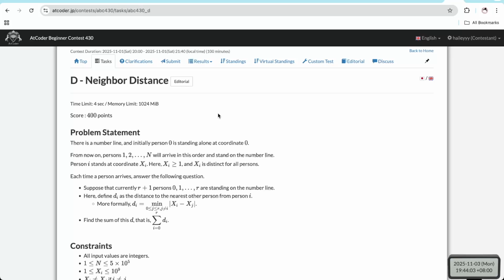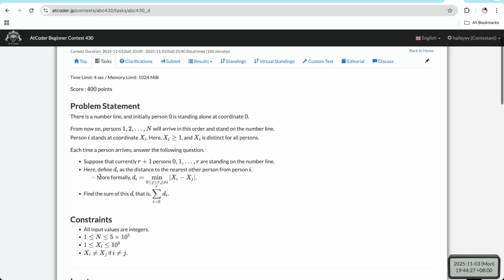For problem D, we have a number line and initially person 0 is standing at coordinate 0. Afterwards, persons 1, 2 until n will arrive in this order and they will stand on the number line. And each will stand at a coordinate of xi that is distinct for all people. So each time a person arrives, we want to find, for person 0 until r, which is the current person,